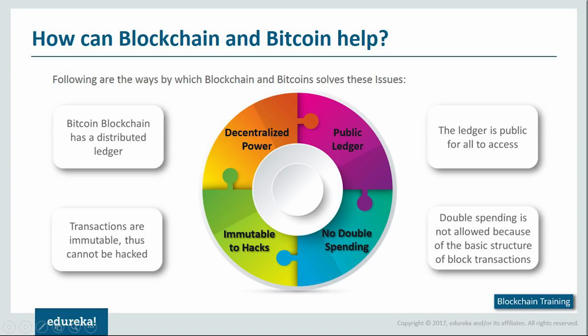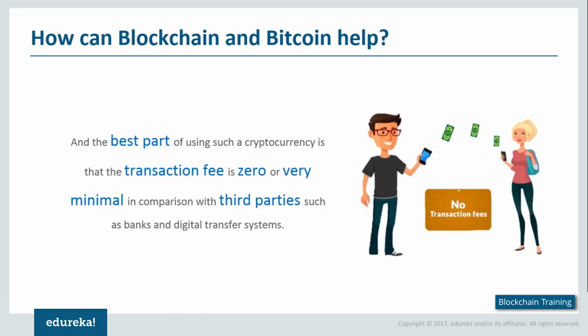But still, there is one flaw present in the current existing system that we have not talked about, which gets tackled by the blockchain system. And this is the issue of transaction fees. In the blockchain system, you either have to pay zero transaction fees or very minimal transaction fees. Now I'll be showing you how minimal the transaction fees are when we are transferring from our blockchain wallet to our personal wallet. But just to give you an idea, it's completely left to you. If you want to add a transaction fee, you can add. If not, you're completely free not to add as well. Some systems do add a minimal transaction fee at times, but this is very little when you compare it to the actual existing system.